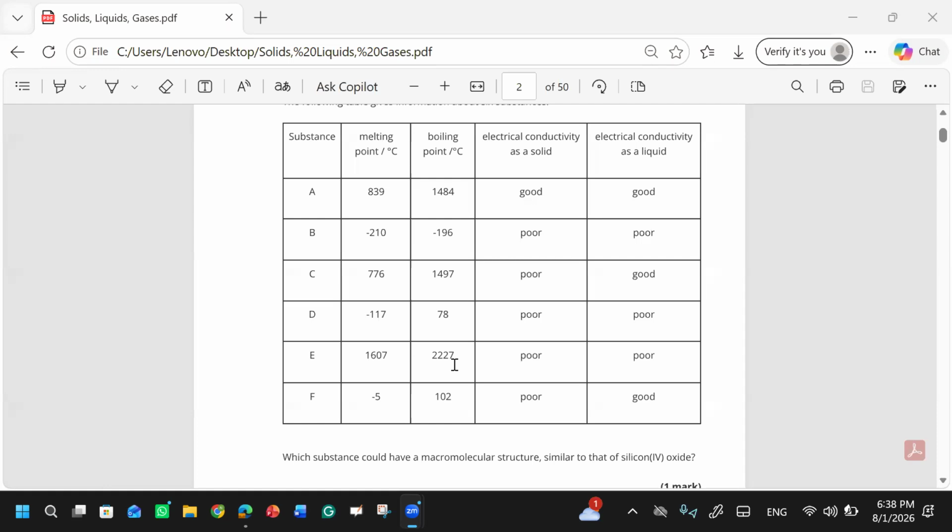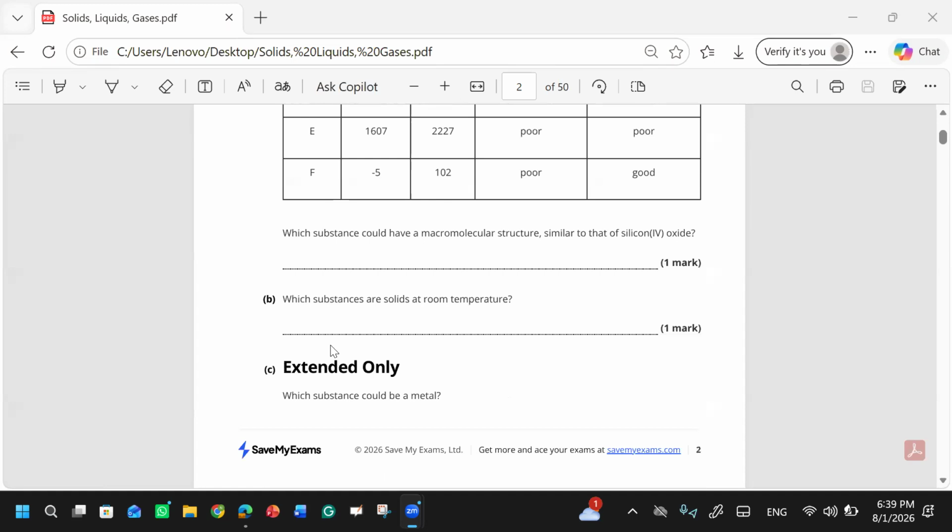Why will the melting and boiling points be high? Because it's a metal. No, this is not a metal, this is a covalent structure. A giant covalent structure with strong covalent bonds. That's why the melting and boiling points are high. And when there is strong bonding, the electrons are not freely available. That's why it is not conductive as a solid, and also not conductive in liquid form. So the E option is correct.